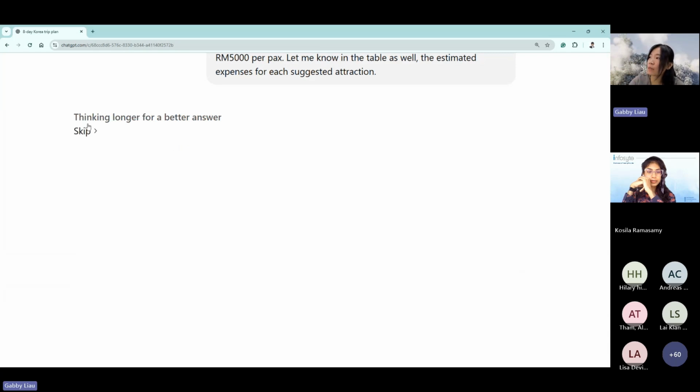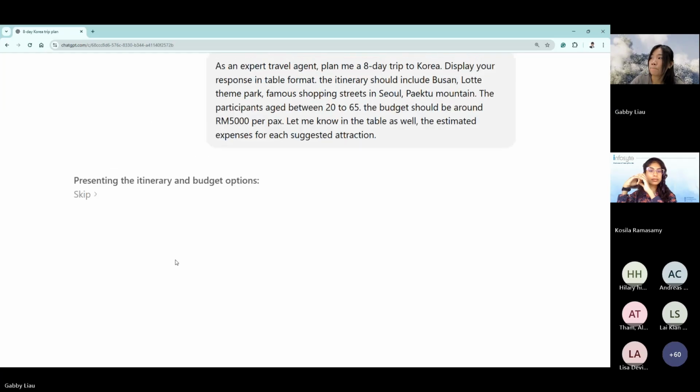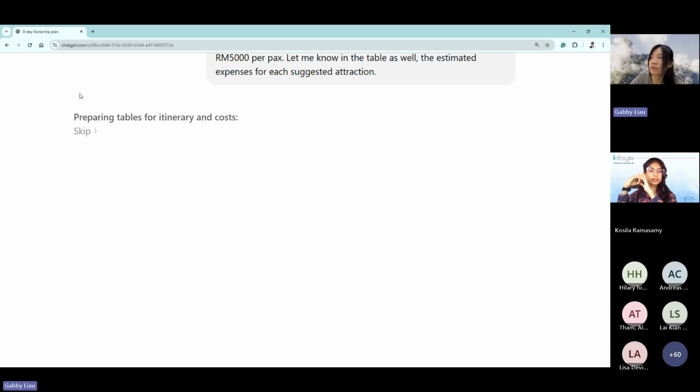So this is what I'm showing you. I mentioned just now that they show you the thinking process as well, what happened in their brain when they try to come up with the response to you. They're doing this, they're doing that. So, transparency. Okay, searching for the detail and travel cost. You just give it some time. If you don't want to wait, you can just skip, and they will show you all the response. Actually, they already have the response. It's just that they want to show you the process, how they eventually come up with the result for you.